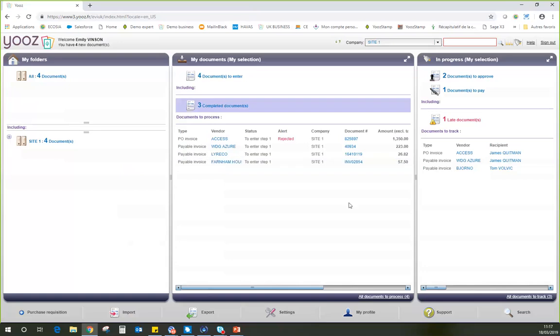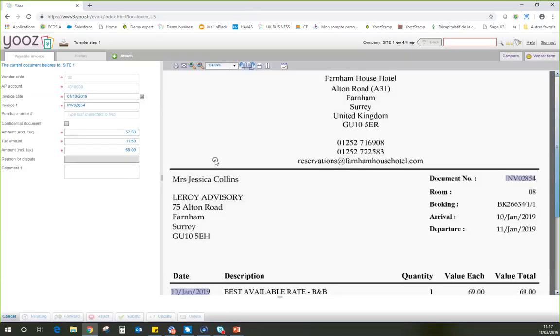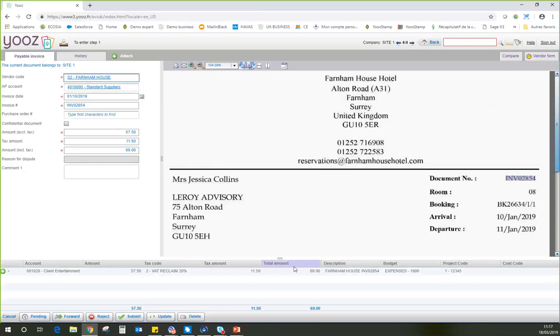So once the documents are on the system, you will see them in the My Documents section of the relevant user. That will be based on the workflows you've set up, so they can go to one specific person. As I mentioned before, the role that we're looking at now is the accountant role,